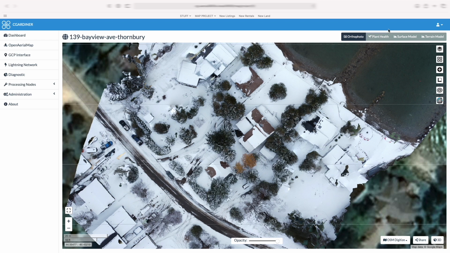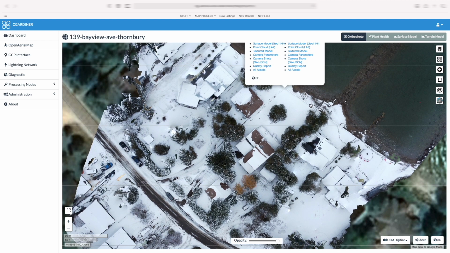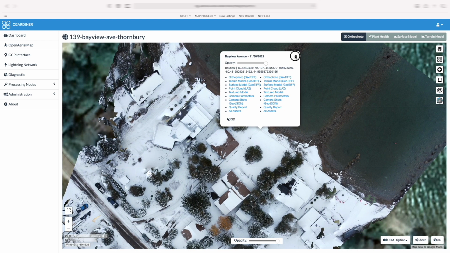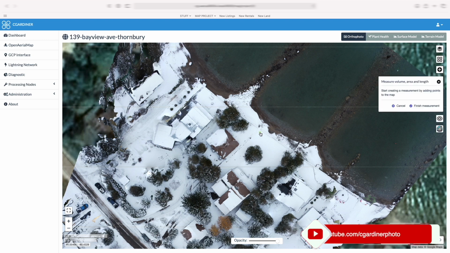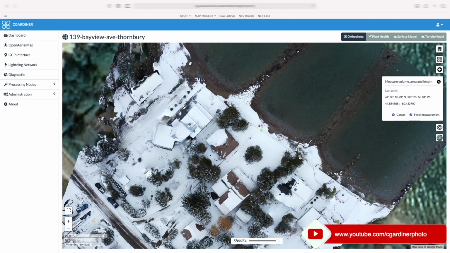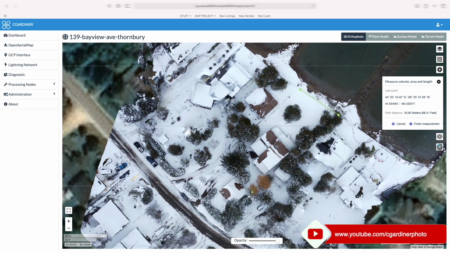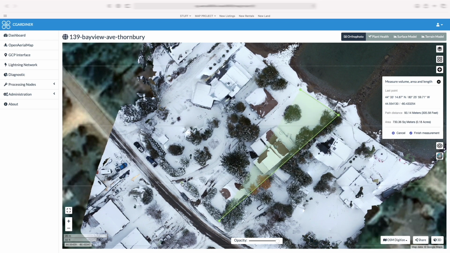Now, we do have some really cool tools that we can use in this mode. Like we have a measurement tool here. Is that my measurement tool? Yeah. Create a new measurement. Let's go from here. Boom. And we're going to about there. And likely about there. These are, of course, not totally accurate property boundaries, but it gives us area in square meters,